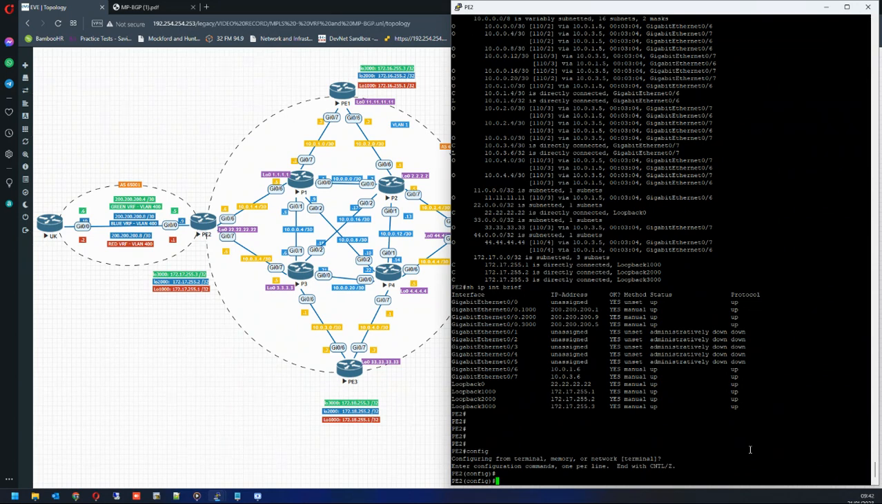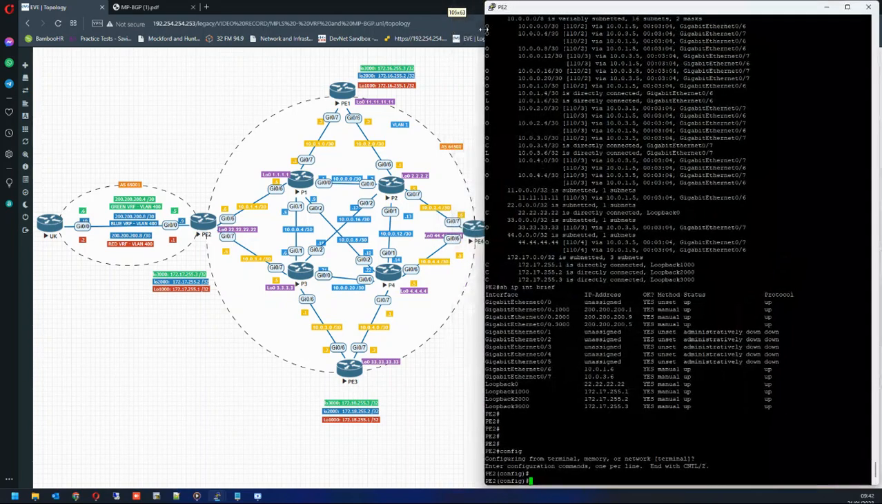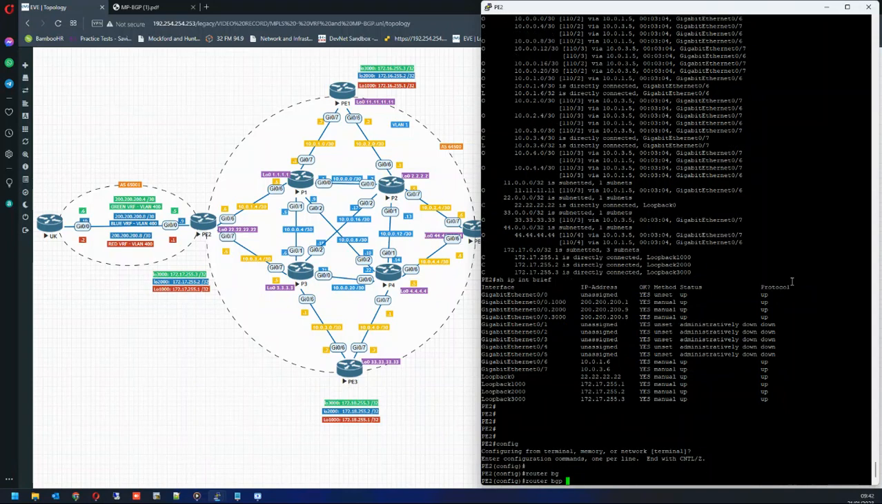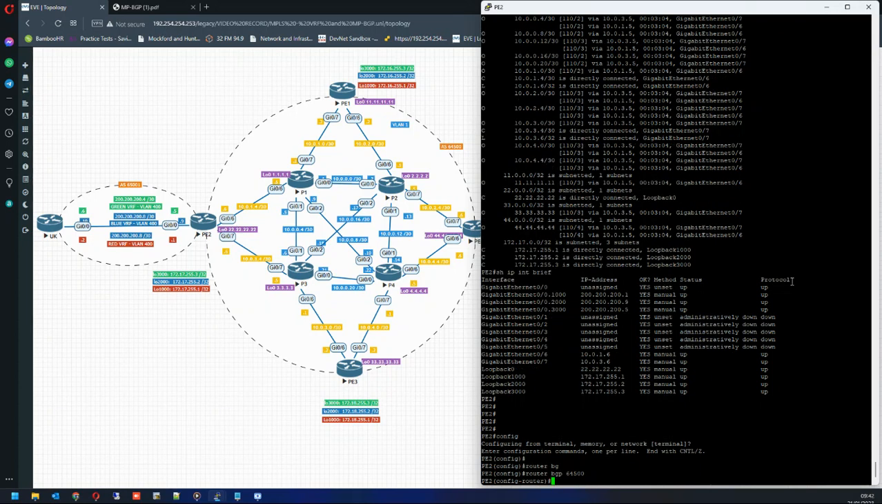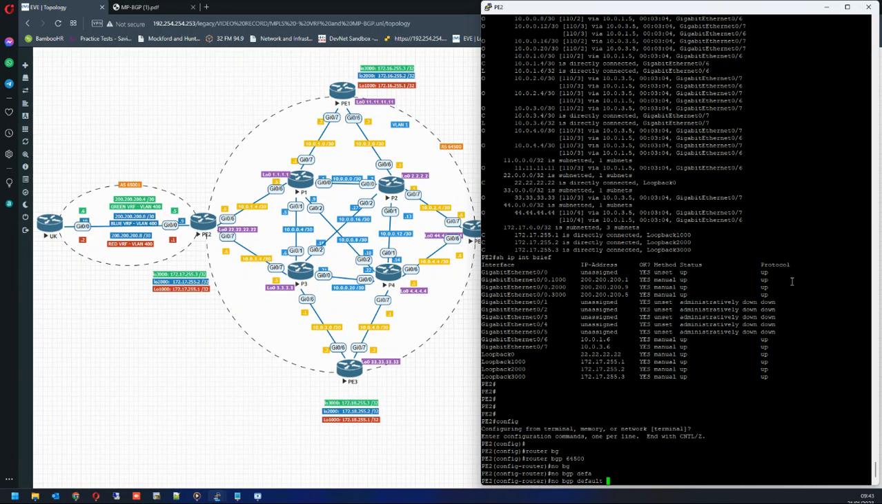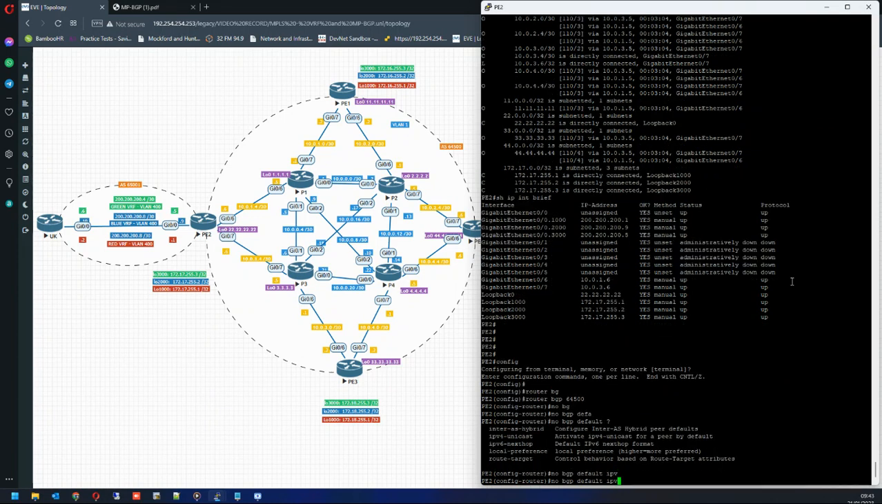We need to run BGP between UK and provider H1. But the way I'm going to do it is, since we can run two instances of BGP, I'm going to run one router bgp 64500. If I disable, no bgp default ipv4-unicast,